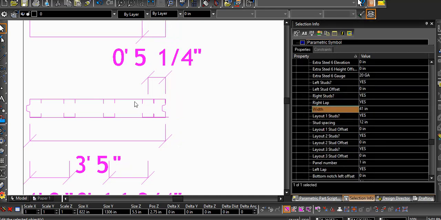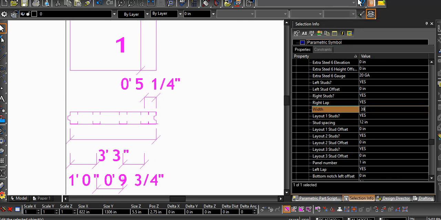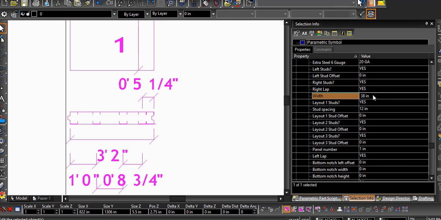So now, take a look at the extra dimensions I added. This first pack of studs, or the last layout studs, have begun to move. Now this end pack is pushing the last layout. And they'll continue to move until